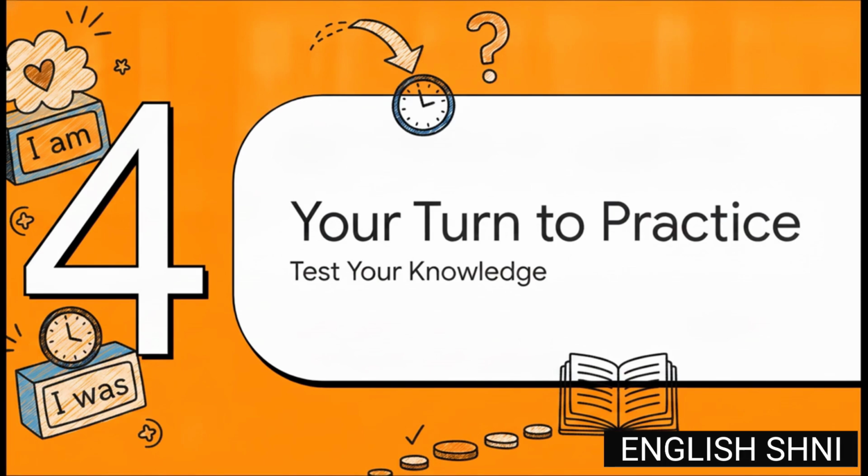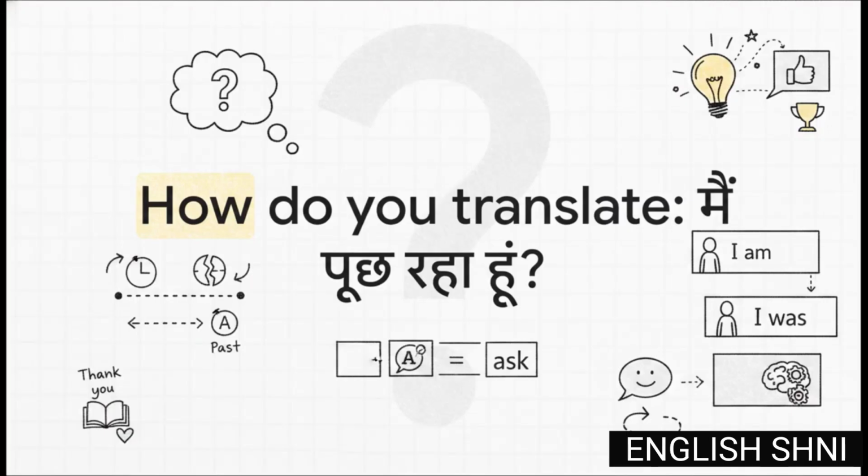All right, section, your turn to practice. We have covered a ton of ground very quickly, and you now have the two most essential building blocks for speaking English from absolute zero. So here is your challenge straight from our source material. How do you translate that specific phrase into English? Take a second. Look closely at the ending. Is it present or past? What is the action taking place? If you know the English action word is ask, how do you build the formula? I want to leave you with this final provocative thought to prove you really can start speaking English right now.